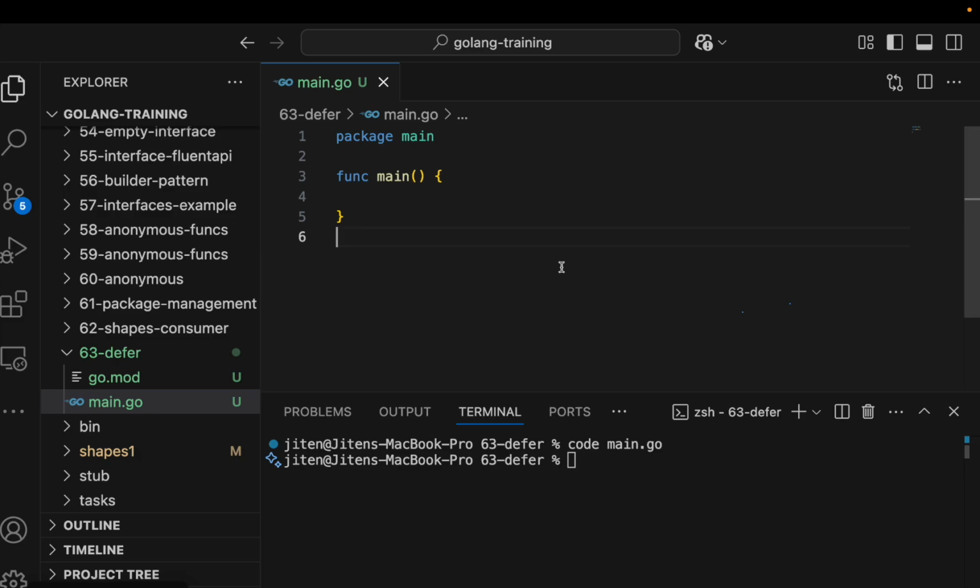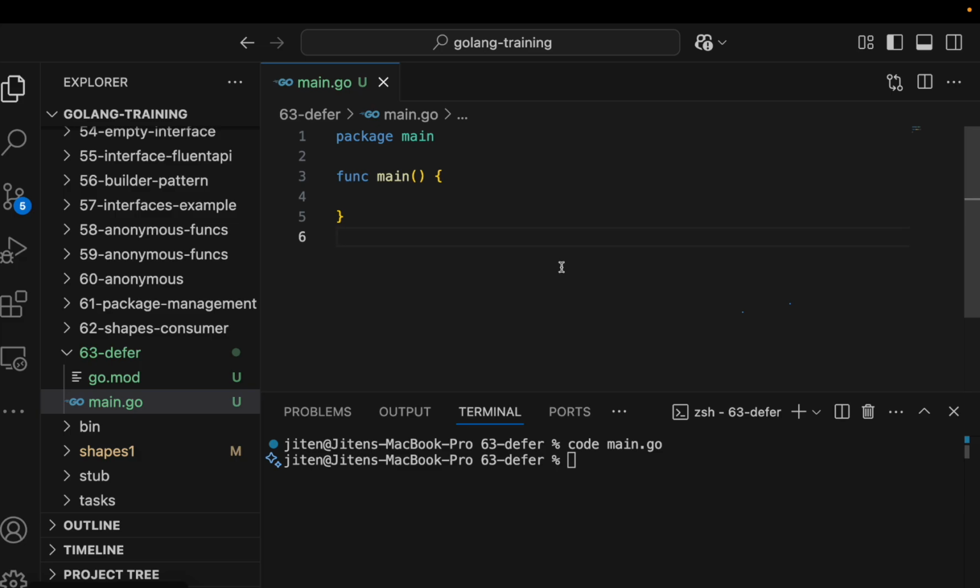It can be used to execute any function or method, whether it's an anonymous function or a named function. But what kind of execution? It's a deferred execution. Defer defers the execution